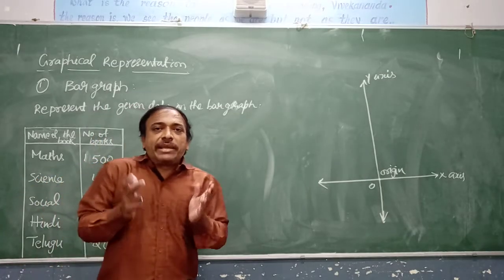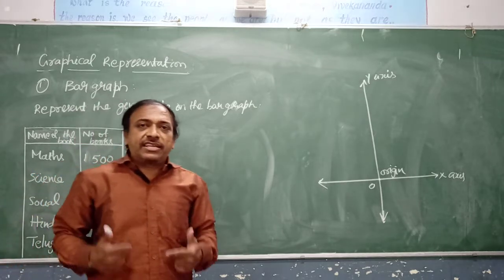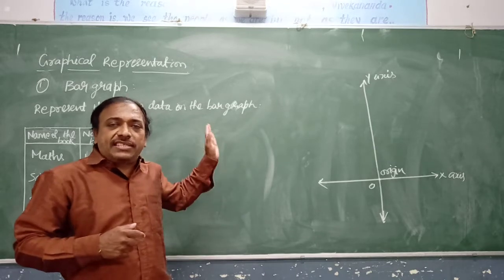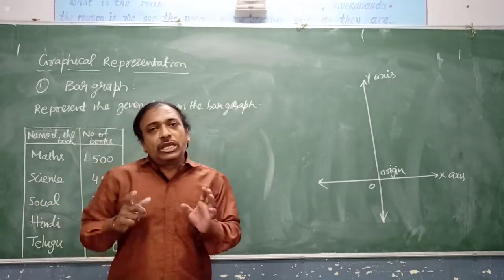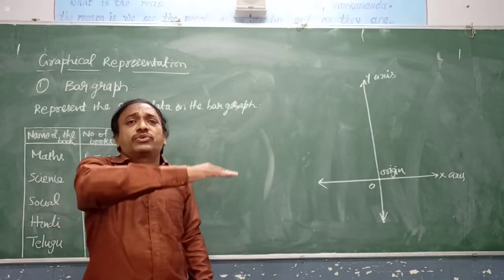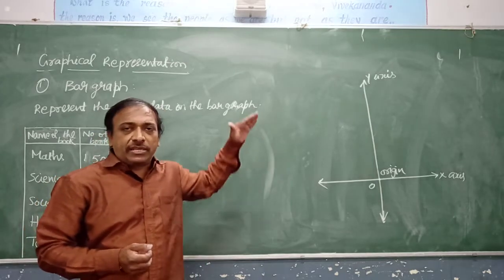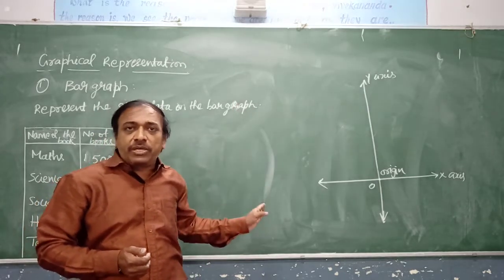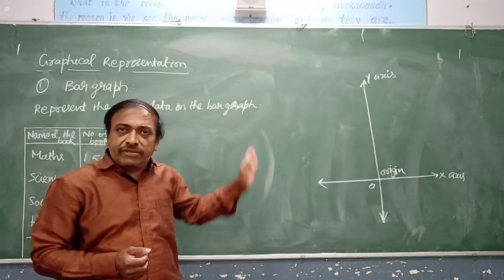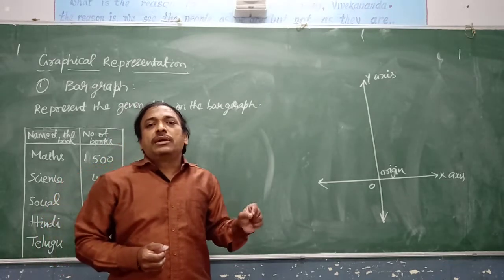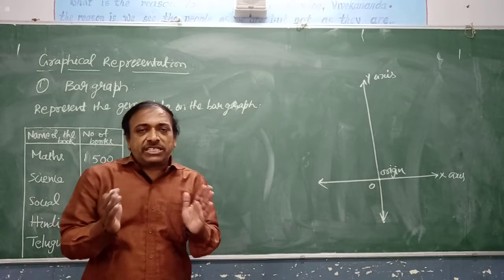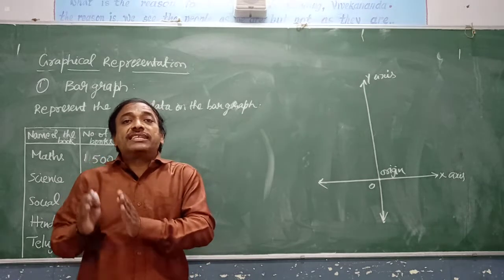So we need to keep in mind, while representing the bar graph on the x-axis and y-axis, generally we take the frequencies on the y-axis because it gives a nice look. You can represent them on the x-axis also. The rectangular bars, horizontally also you can represent, vertically also you can represent. Only thing is, if you represent the rectangular bars along with the y-axis, then it gives a nice look. Between the bars uniform width must be there and the width of the rectangular bars is also the same.